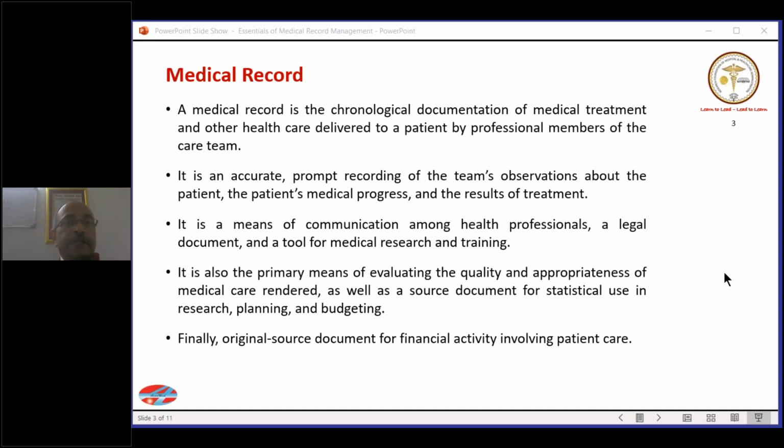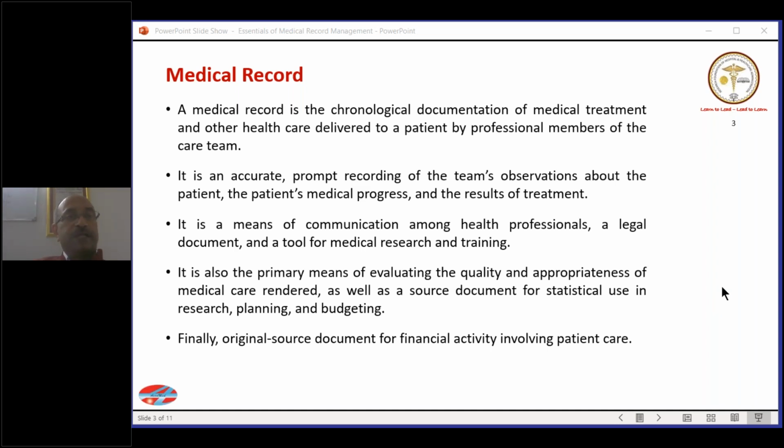It is a record of those activities which are carried out by the professional members of the care team. So when we say professional members, we are talking about the doctors, the nurses, and the physiotherapists, and other professional therapists who may be involved, for example, a dietitian or a nutritionist. But we are not talking about the assistants, and we are not talking about any other category of staff in the hospital. So only these people are the ones who are permitted to do the endorsement in the medical record